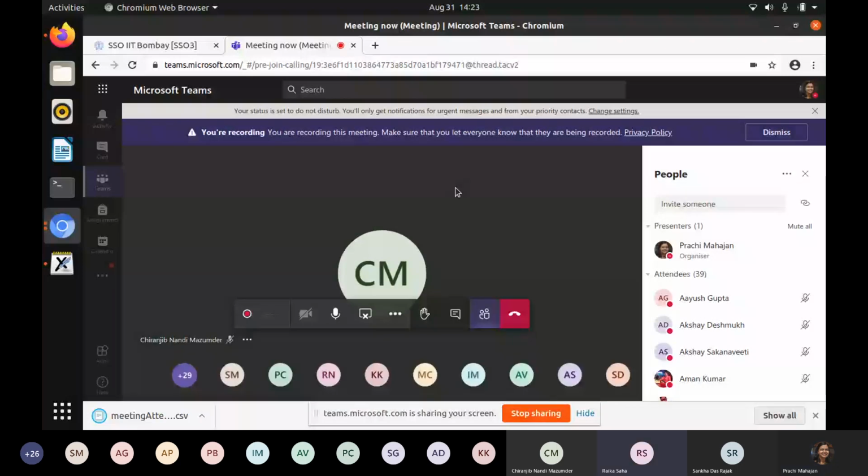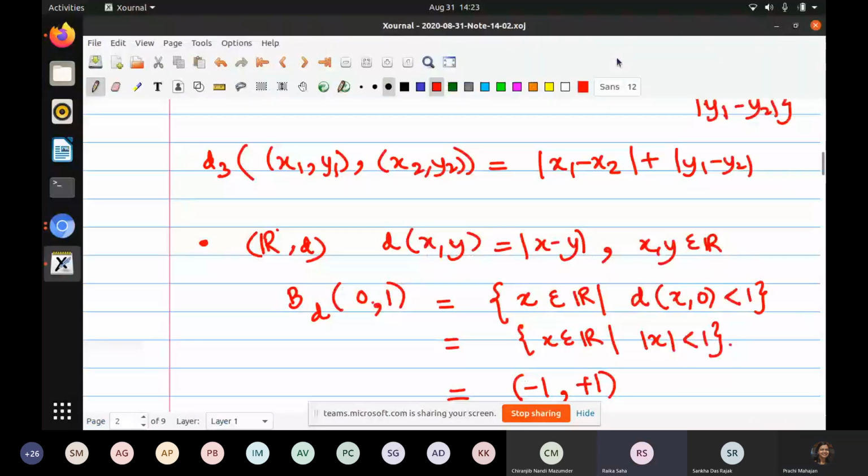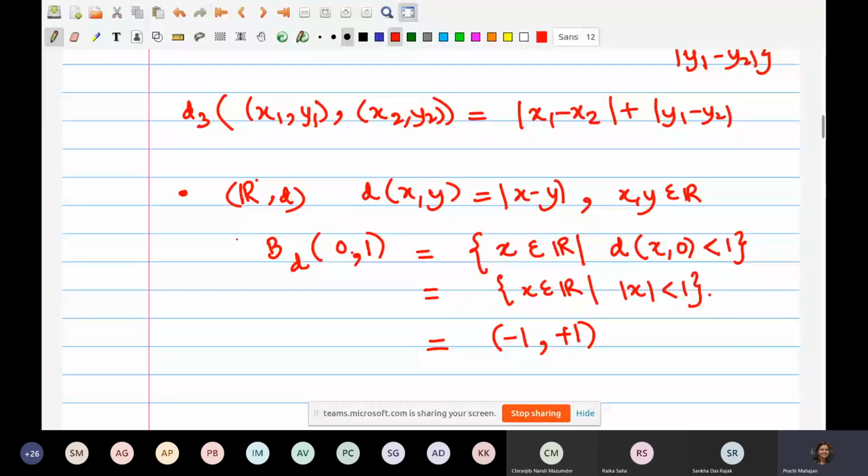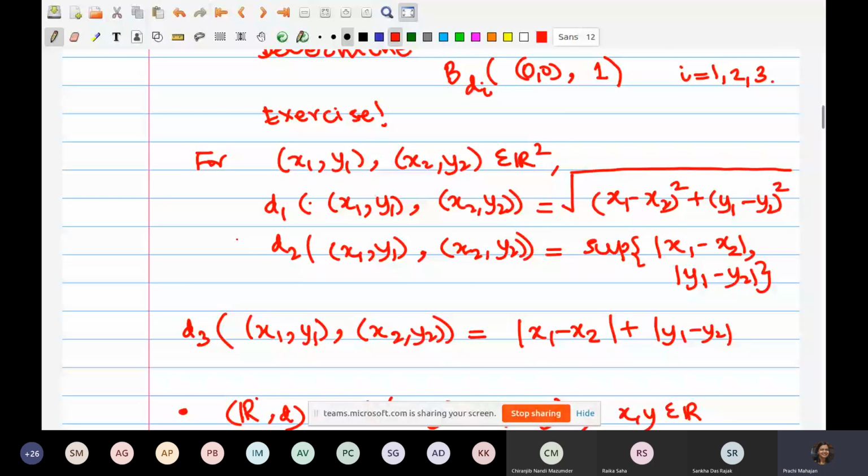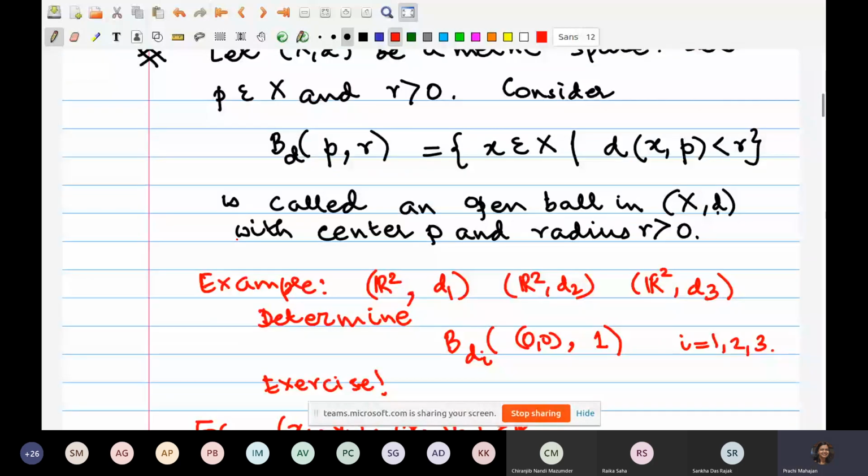Ma'am, epsilon neighborhood and this thing are almost the same. It's right? Almost the same. All I'm saying is there is a name for this. In the epsilon neighborhood, this r is replaced by epsilon. So this open ball in this metric space with center P and radius r is actually an r neighborhood around the point P. But you should be familiar with both the things.